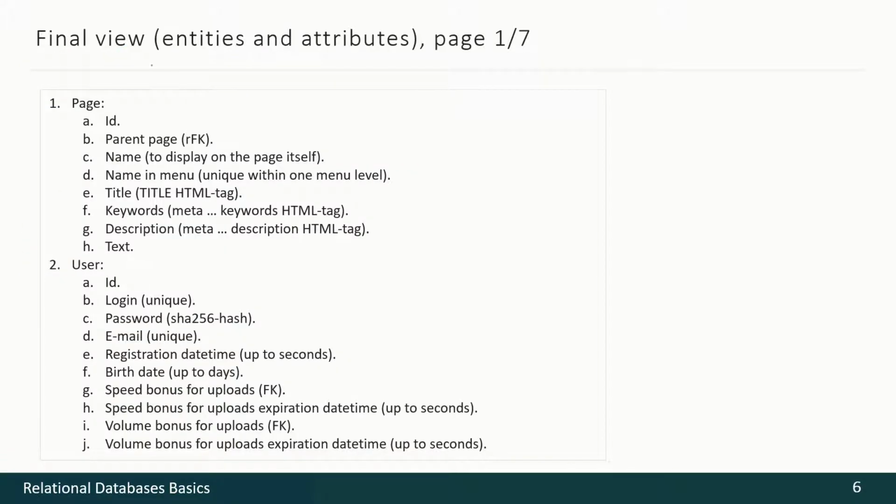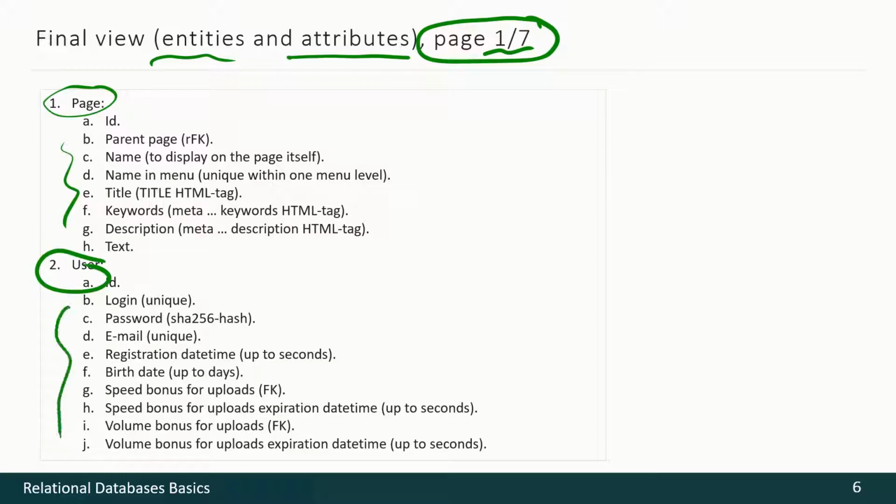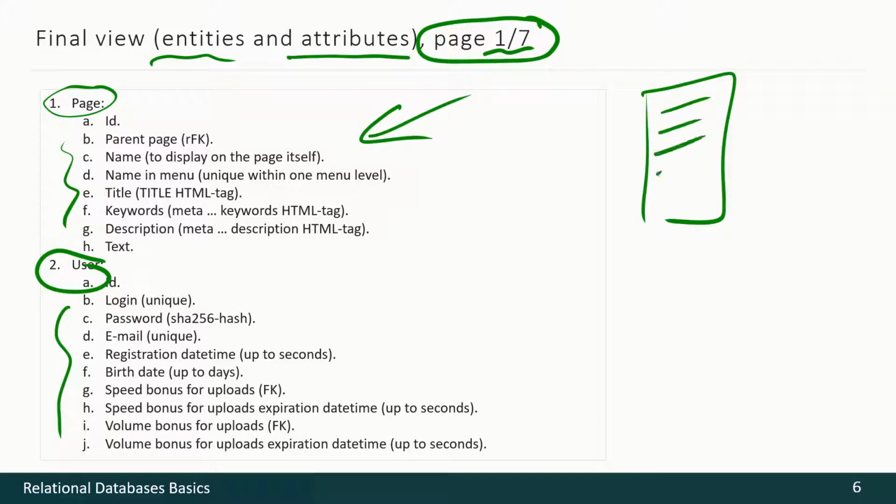Of course, the list of entities with attributes may be long enough. We have 7 pages here. So here are our entities, their attributes. Of course, we shall not read that with voice, but you have a document in handouts for this video and you may find that information there. If for some reason you do not have the document, you may just pause the video and read the text.